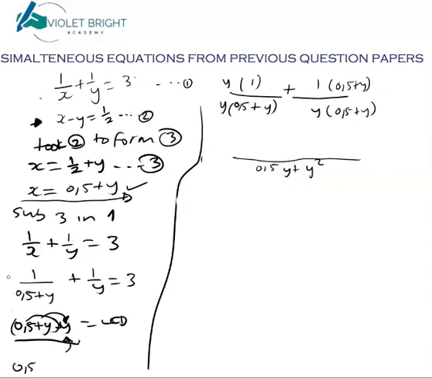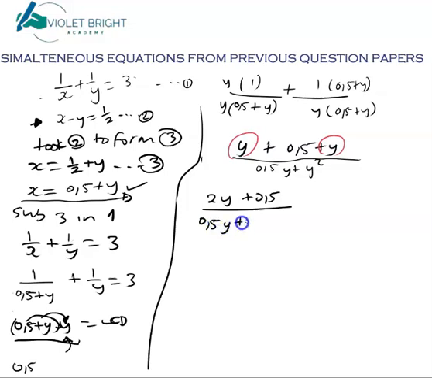So now on this side we will have y, because of this 1 times y, plus 1 times 0,5 plus y is basically 0,5 plus y. So here we'll just be looking for our like terms. Let's circle them with a pink color. Y plus y, which is basically 2y. Remember, we are adding here plus 0,5 over